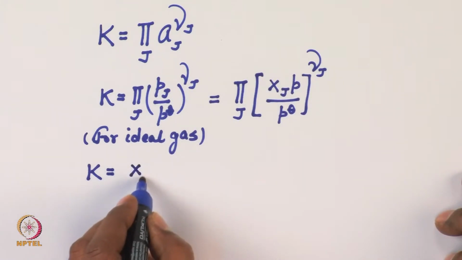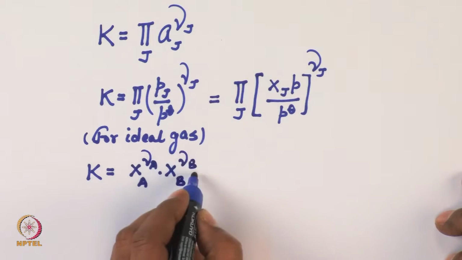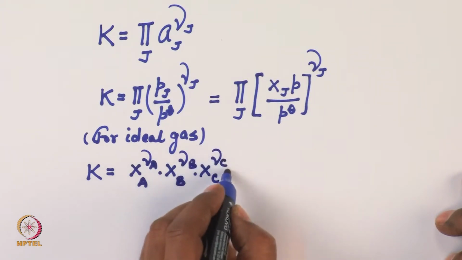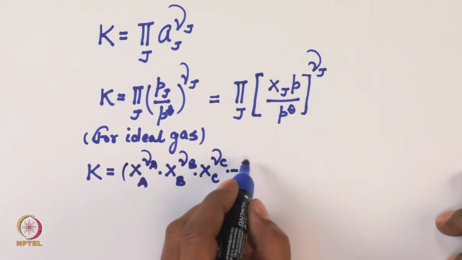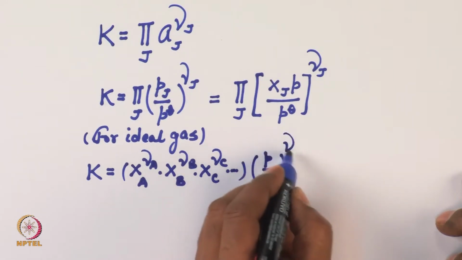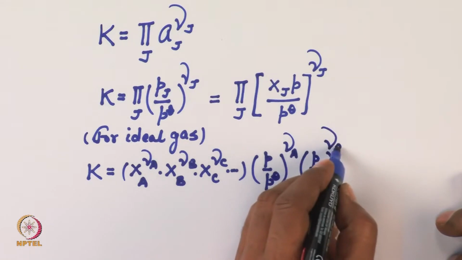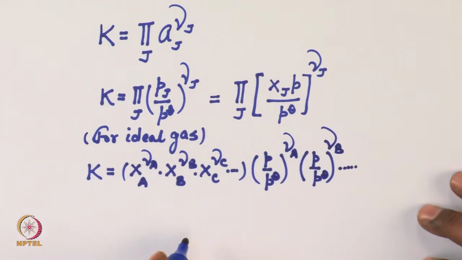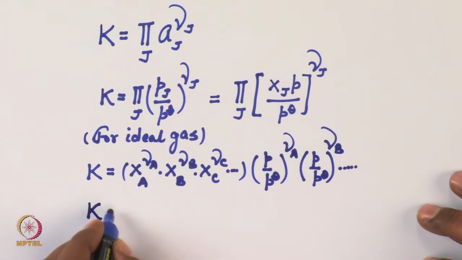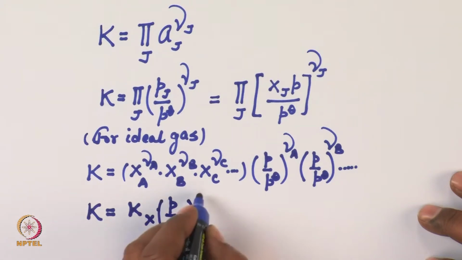It will be mole fraction of A raised to the power nu A into mole fraction of B raised to the power nu B into mole fraction of C raised to the power nu C, etc., into P by P naught raised to the power nu A, P by P naught raised to the power nu B, etc. Or I can write K is equal to Kx into P by P naught raised to the power delta nu,